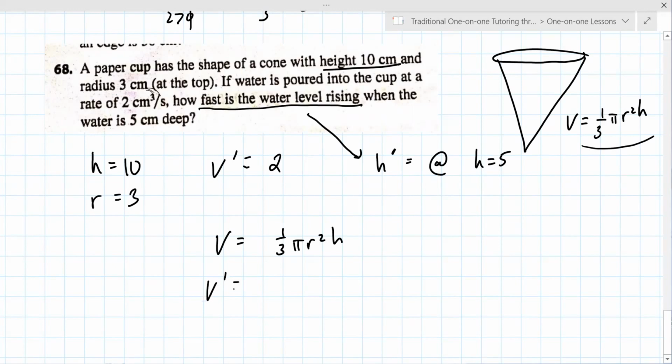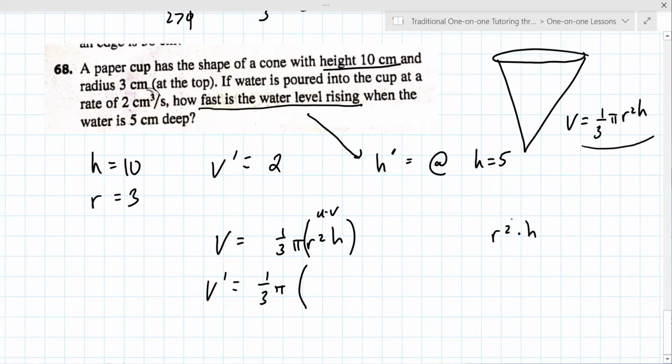So V prime is, and this is a product rule. Now, 1/3 pi is a constant, so I'm just going to keep those there. So we're really taking the derivative of r squared h. That's like your u and your v. Did you see that in class? I don't remember. Okay, so if you need to, you can write off to the side here, but that's u